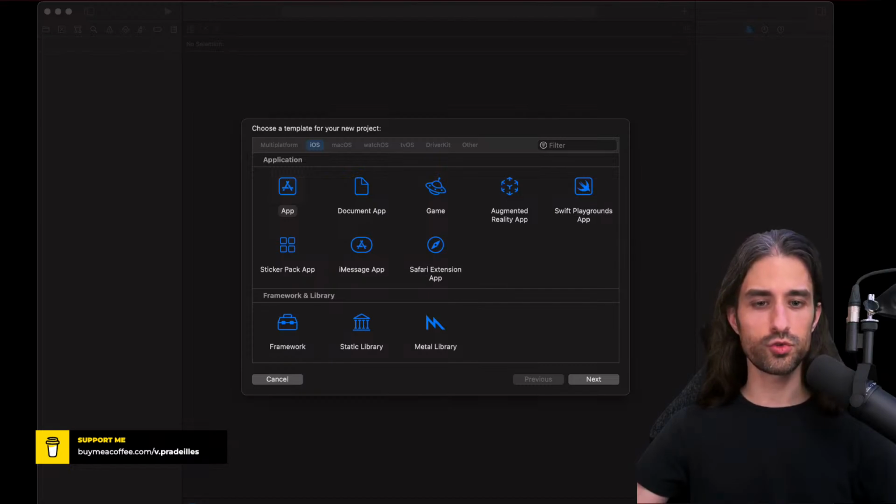So how does SwiftUI lay out its views on the screen? Is it different from the way UIKit does it? Spoiler alert, it is. And so we're going to see what the differences are and why they're important. And that's basically going to be my goal for this session, which should last between 1 and 2 hours, I would say.